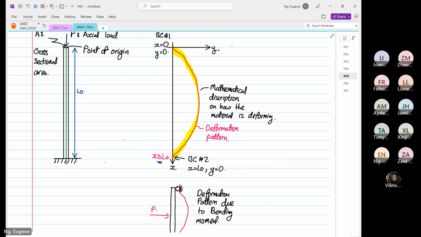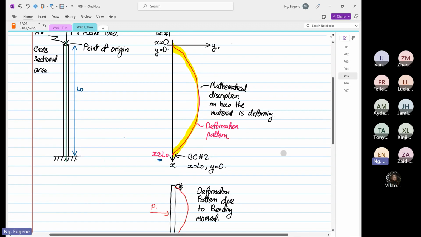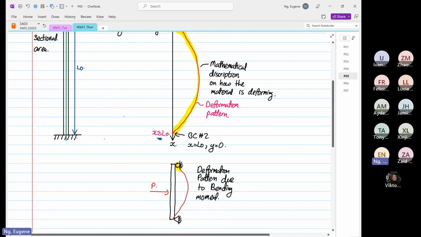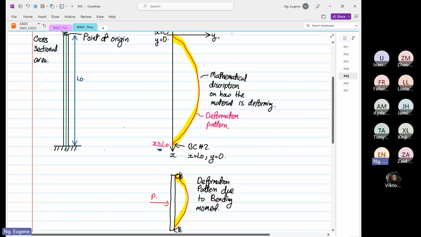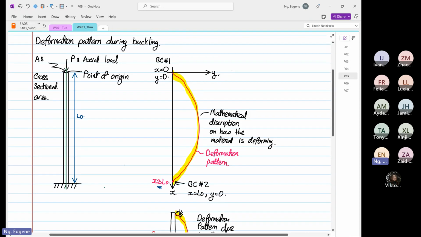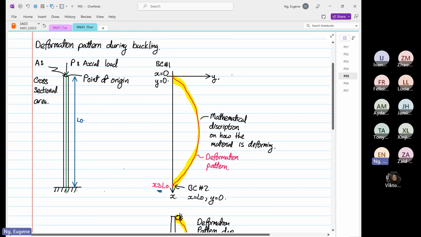Now, all of you agree that the deformation pattern is the same. So the buckling deformation pattern and bending deformation pattern are very similar. Yes, you can see that it's similar. So now, let's see, does anyone have any question? No. So now, if we pick an arbitrary point over here,